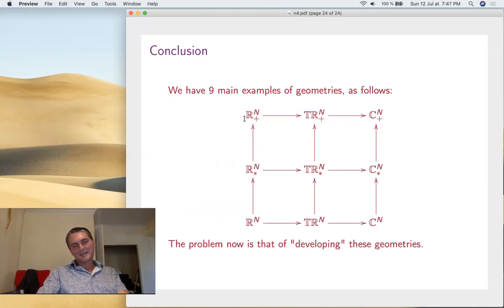So as a conclusion, getting back now to Earth, that's at least one thing. I have these 9 main examples, some kind of classification results. I think these are the only ones for the extremely strong axioms. So in what follows in the next lectures, we'll develop these geometries. That will be the idea, to develop these geometries that we found, especially the free ones. The classical ones are known, and then the half classical are very close to classical, also the hybrid ones. So we'll mostly focus on free geometry with 2 things: probability in mind, want to integrate